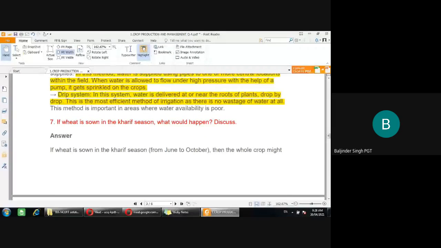Come to question number 7. If wheat is sown in the Kharif season, what would happen? So wheat is a Rabi crop. If we plant it in the Kharif season, what will happen? It will not grow. Wheat needs some cold to grow; it grows in winter, not in summer. If wheat is sown in the Kharif season, then the whole crop might